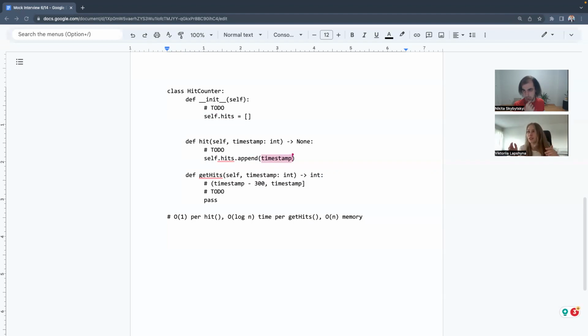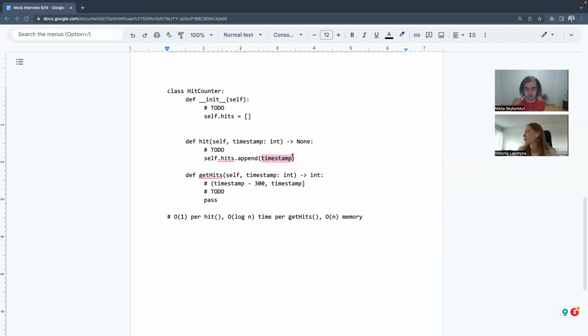Yeah, okay, I will finish this thought. So compare it to the first timestamp. If it's further than 5 minutes away from it, we can just delete the first one. But then we want to compare it to the second, and if it's further away than 5 minutes, we want to delete the second again.